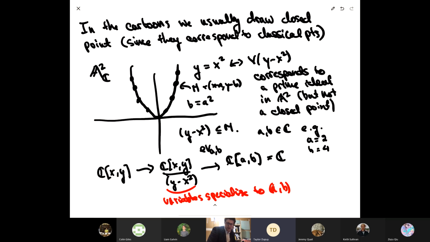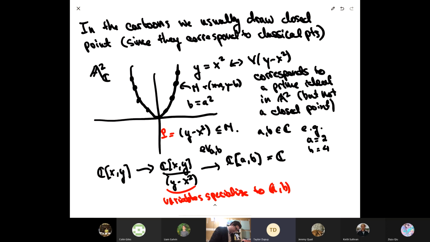This is the generic case, where I don't know what x and y are, but I could plug in particular a's and b's that satisfy this equation. The terminology is that, if P is this prime ideal, so this is P,